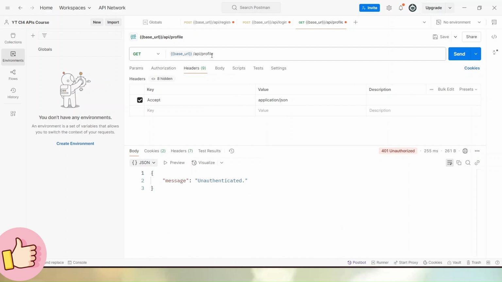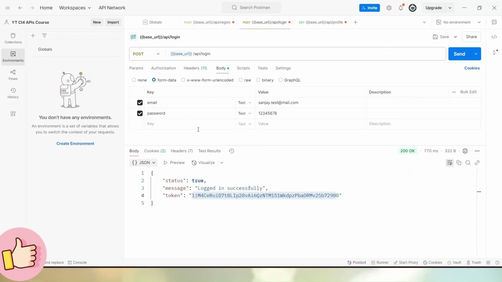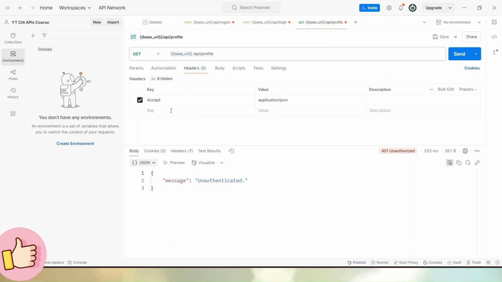So it means before calling this API, because it's a protected API route, we have to pass an authentication token value. So what I will do, first I will go to this login API. I will copy this token value, what we had generated, and inside these headers, let's add a key called authorization. Then inside this value, bearer, after bearer, put that token value, and if we pass this incorrect, click on send